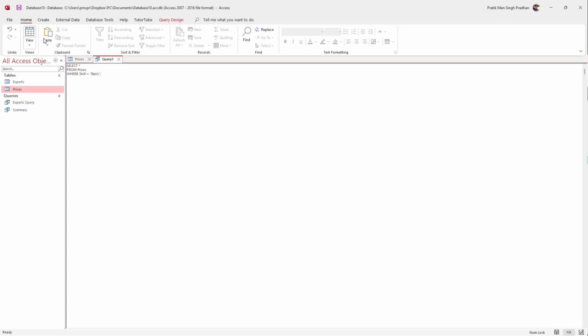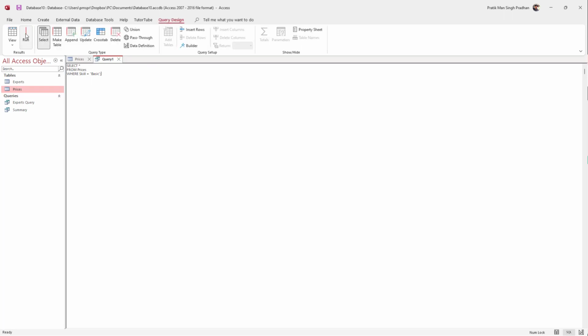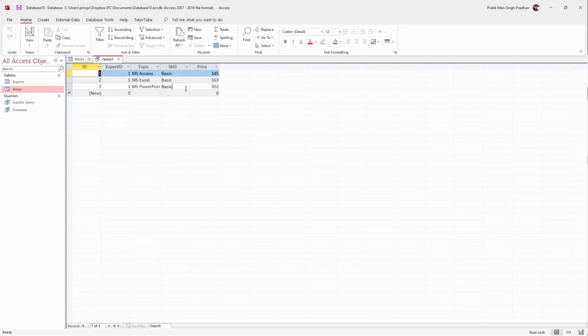Once I do that, I can go over here and run the query. In the query design, I'm going to press run, and over here you can see that all of the data with the skill level basic is now being displayed. And that is how you can use the where clause to set out conditions to filter out the data inside